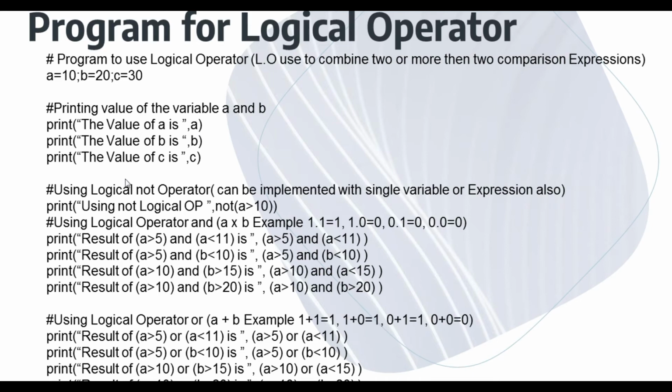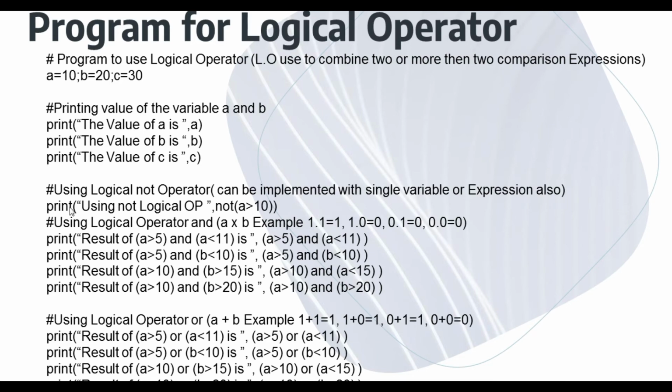Okay, student. Now first of all we will discuss the not operator, that is the not logical operator. The not logical operator is a special type of logical operator that is applied to a single variable or expression. Only the not logical operator is one of the logical operators which can be used with a single operand, a single variable or expression. So now here you can see that a is compared, a greater than 10. After that we have provided not, and it will invert the answer.